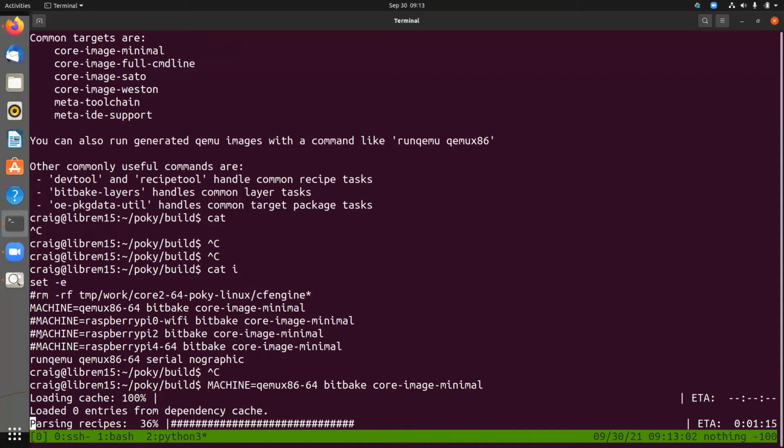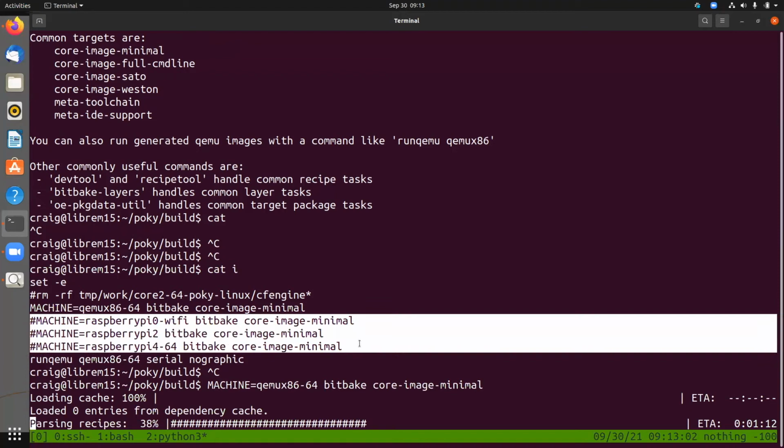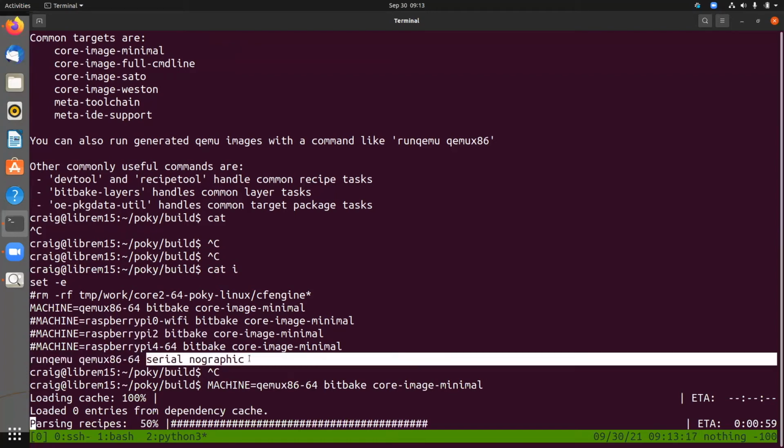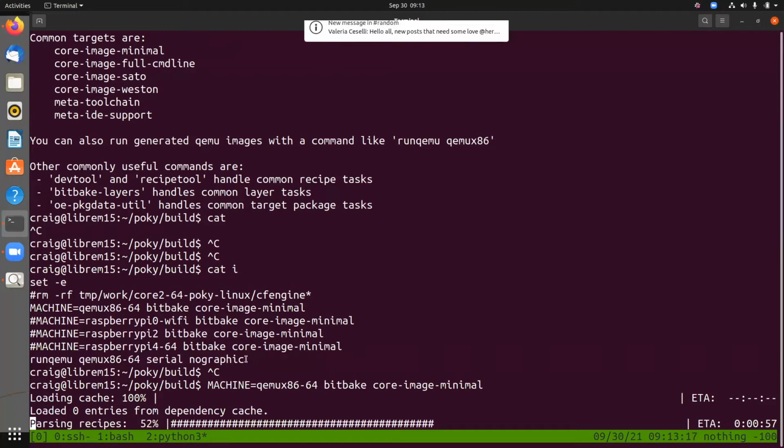So as you can see here, I've got some other clues on how to build for the various machines that I was targeting, which is the Raspberry Pi 0, the Raspberry Pi 2, the Raspberry Pi 4. After here, I've got the command, and then I added a couple things in here, serial, no graphic, so that,